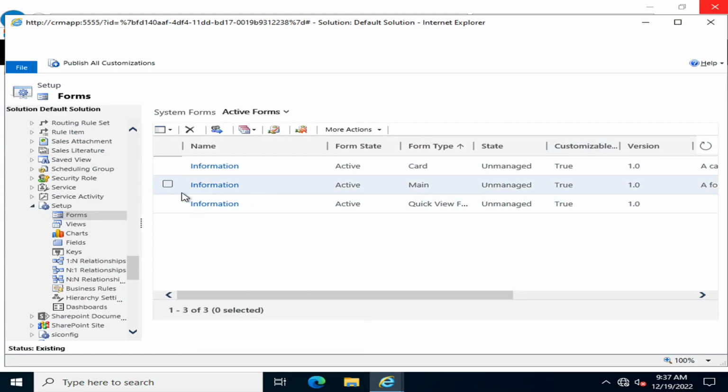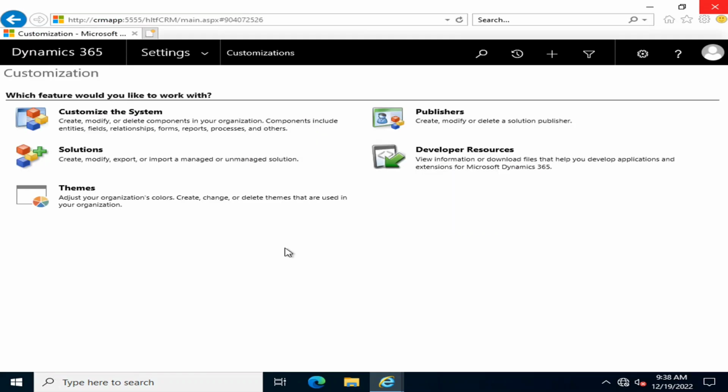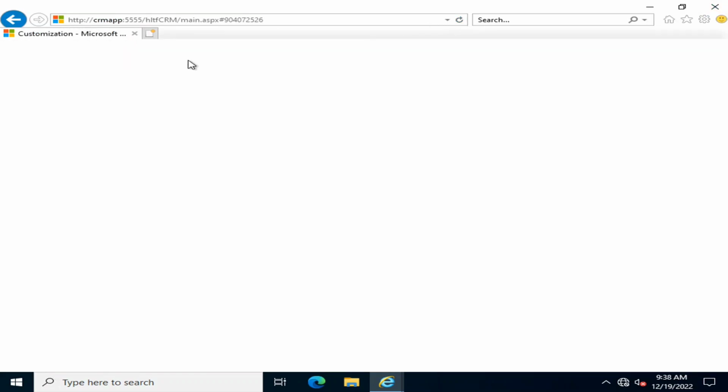So this was the form, that was the main form, and it was used for editing purpose. So you should keep it in mind that I have just updated the customization regarding the editing form only. Now if I go and refresh that page, here I can see